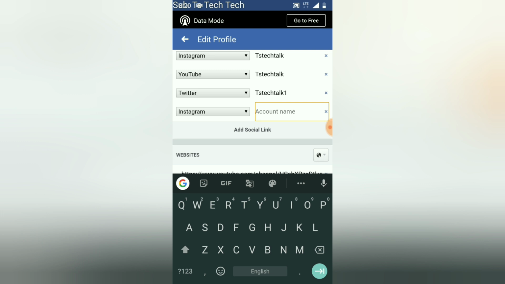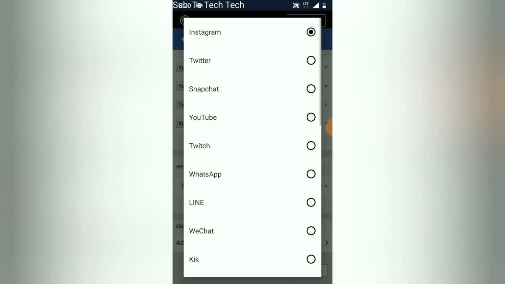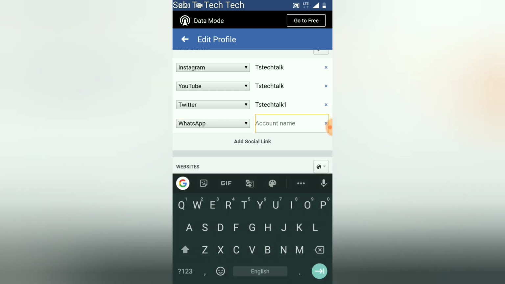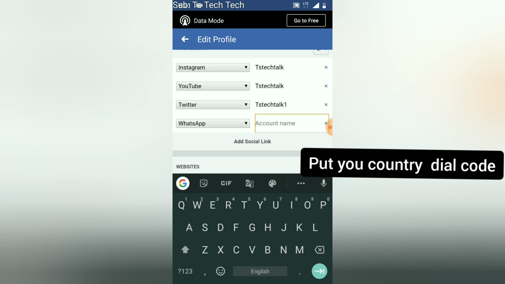By default, Instagram is the first one that it displays. So go ahead and click on the Instagram option and change it to WhatsApp. You can notice WhatsApp right here, so go ahead and click on WhatsApp. Now put your WhatsApp number. This time you are going to put your international WhatsApp number. I mean, you are going to add it including your country code, because for some reason this particular link works when you put your country code, because if anybody is trying to reach you from an international country that